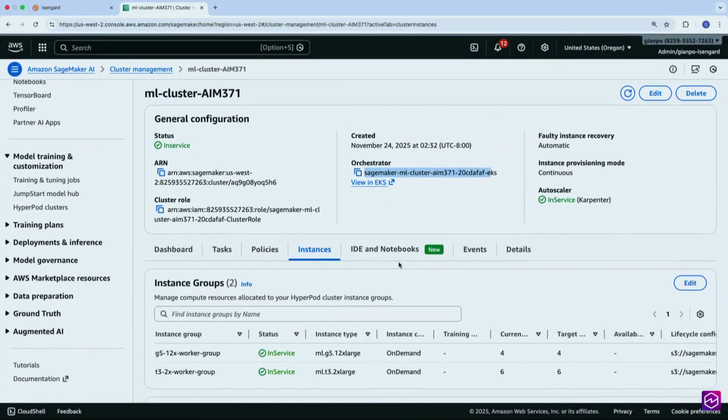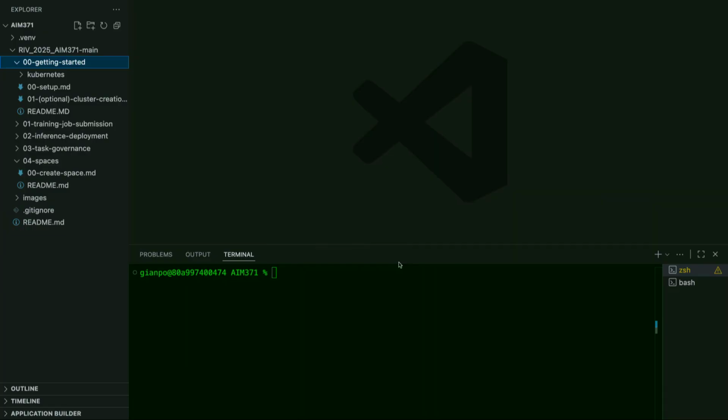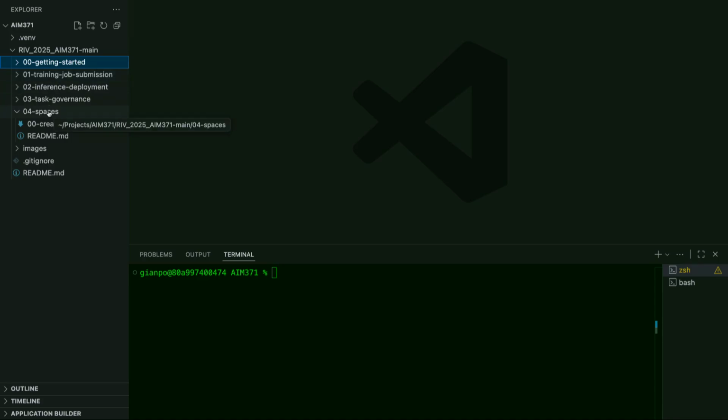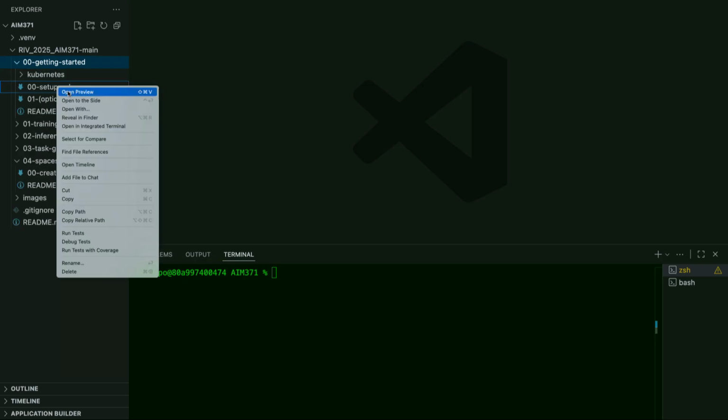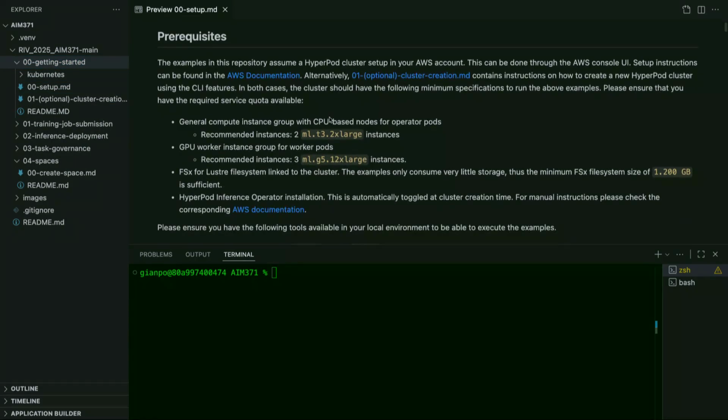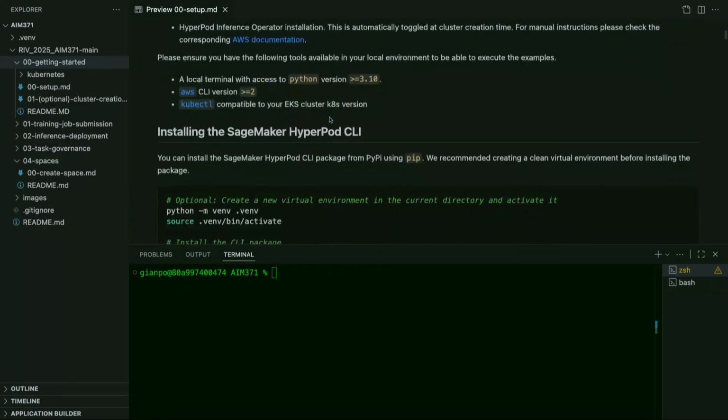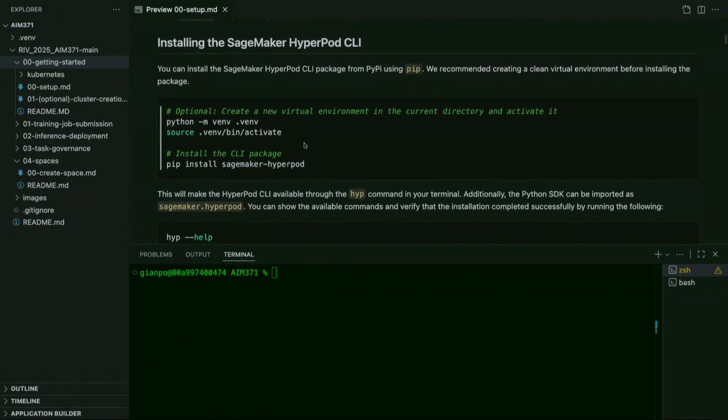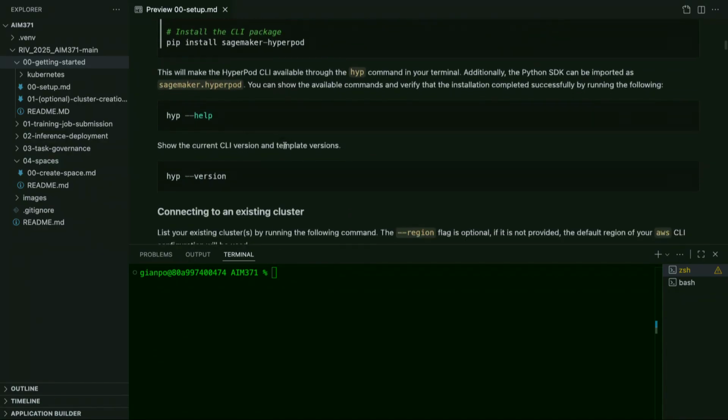Great. Now, let me move to VS Code, and the code that I'm going to show right now, you will be able to download later. It's a modular example. It starts from getting started, then goes into training, inference, task governance examples, and then spaces, so running IDEs on HyperPod. Let's start from the getting started. In the first module, you will see how to set up the cluster and all the things that we have discussed so far. I don't want to spend too much time on how to install the CLI, but then